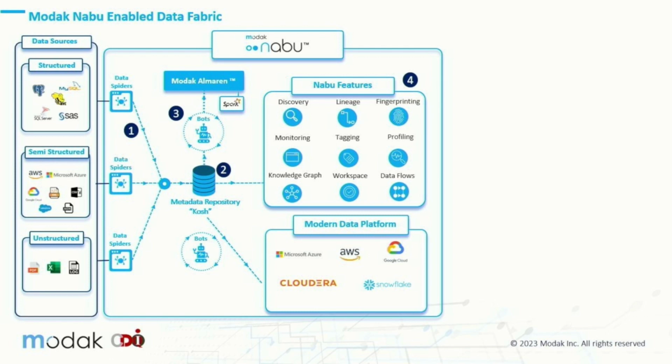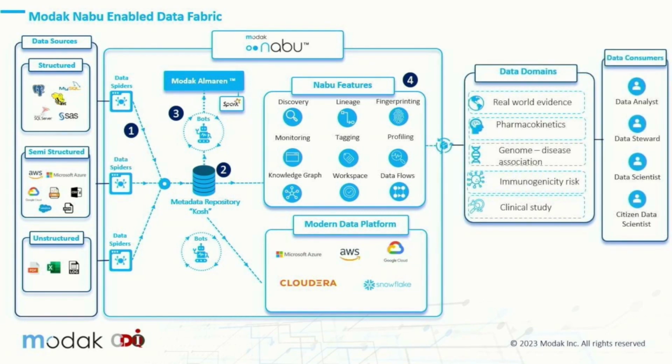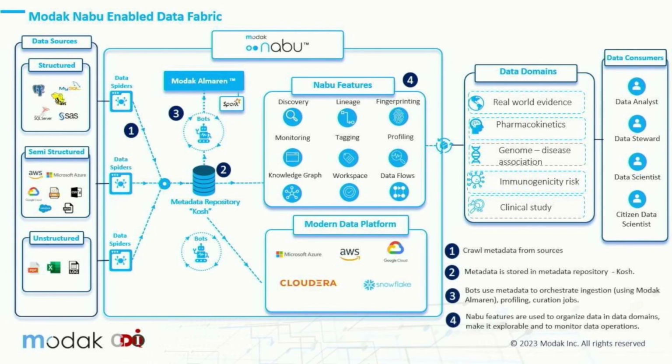Not just that, it will also tell you things like, this sales data is related to this marketing data, this product information is related to this product master. All of those capabilities are inbuilt. And then we have features that allow you to prepare the data and work in a collaborative environment called workspaces. Then the data domain teams start picking that up, in what I call a commercial kitchen approach to data, where it's laid out for you in sorted order. And then you start creating your data domains and data products. So what did we do from a fabric perspective?